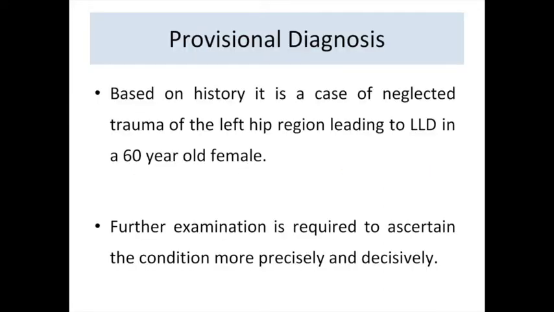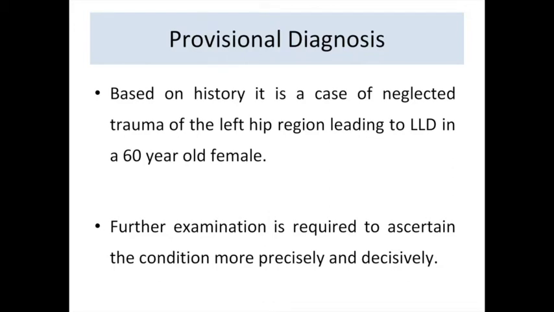So now your history is completed, and you should be ready with this question. Your examiner would interrupt you and ask you what is your provisional diagnosis. So if the patient had pain, it is an easier provisional diagnosis. It will move towards a post-traumatic arthritis. But if the patient has a painless limp, it becomes a difficult provisional diagnosis to spell out,